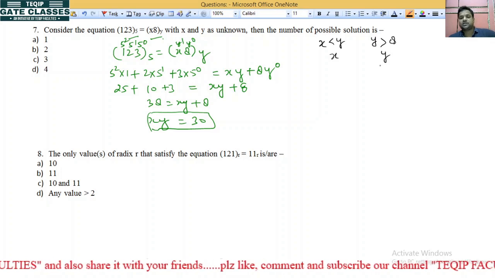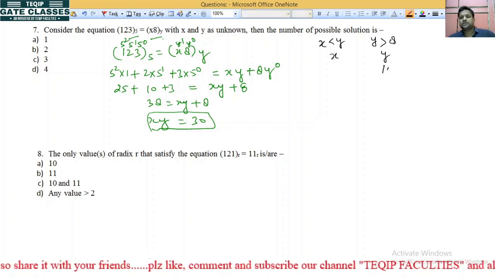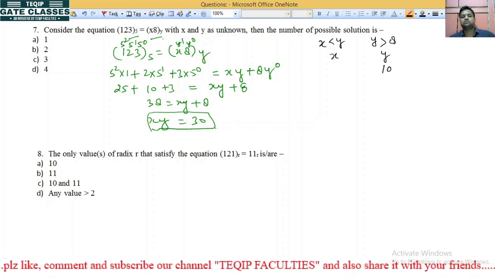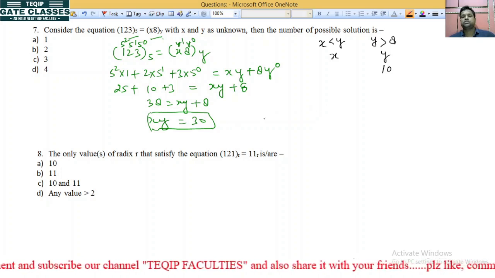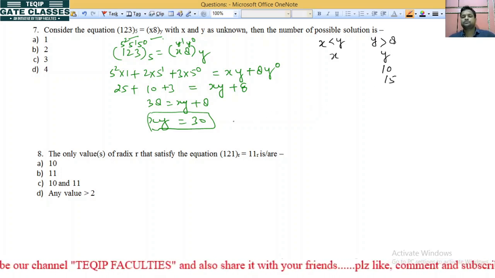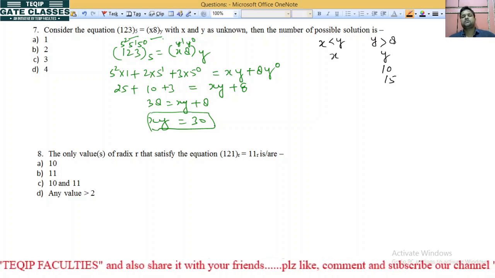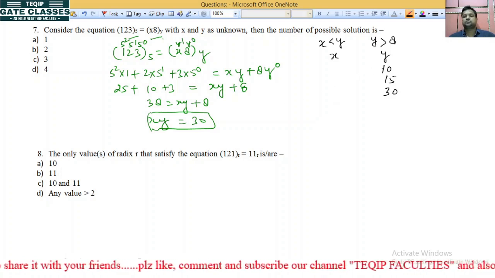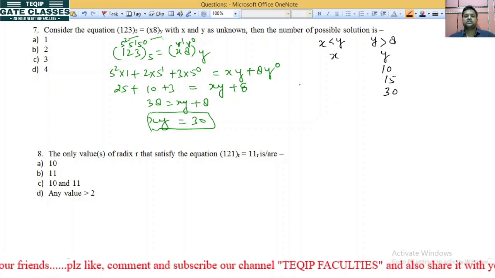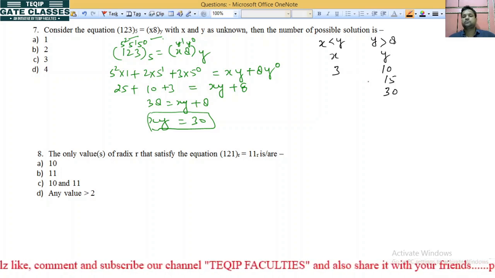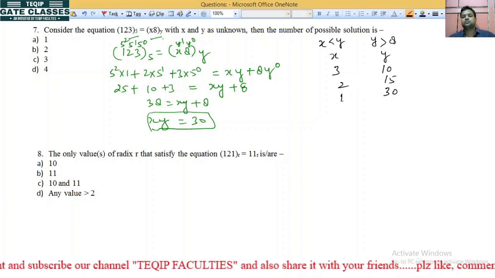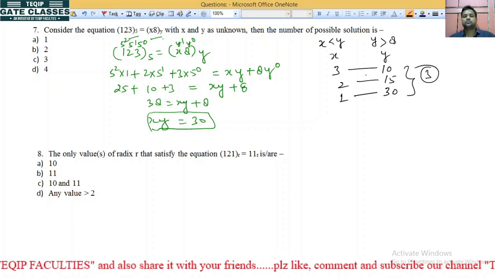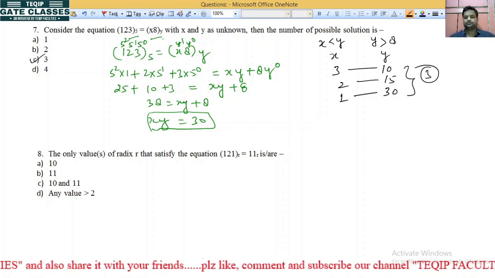तो यहाँ पे क्या हो जाएगा, y will be 10, 10 is greater than 8, then 11 will not divide 30, 12 no, 13 no, 14 no, 15 yes, 15 divides 30, है ना, then 30, only 3 solutions. So what will be the corresponding x value? 10 into 3 is 30, 15 into 2 is 30, 30 into 1 is 30. How many possible solutions are there? 3 solutions. The option is correct.